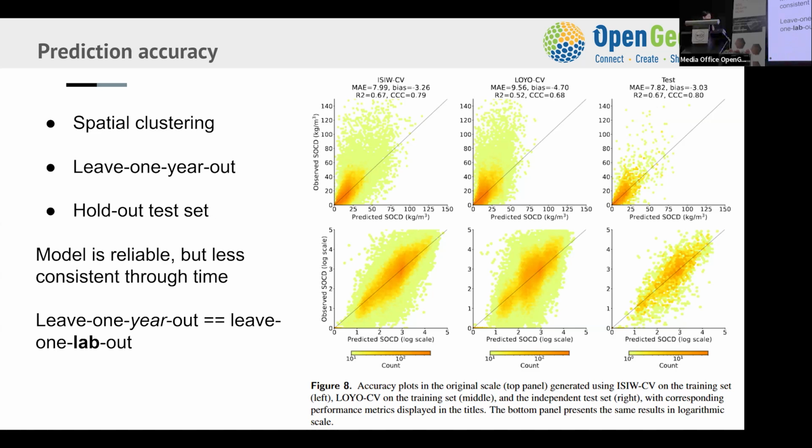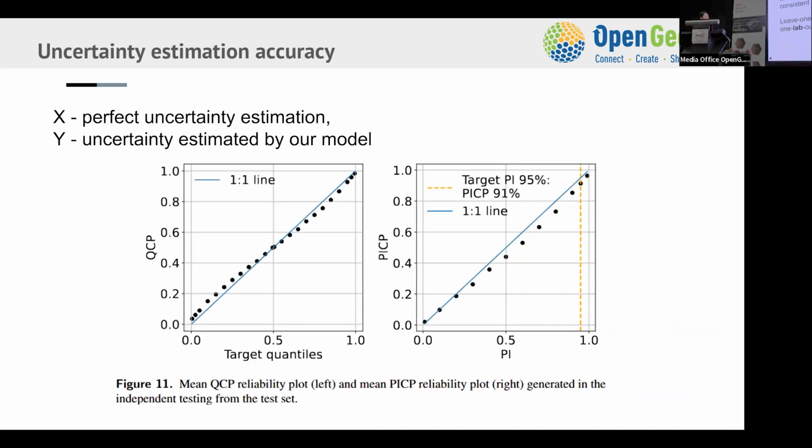And once we know that the model accuracy is okay, we also need to validate the model's performance on uncertainty estimation. I won't go into technical details here, but basically on the x-axis is the perfect uncertainty estimation, that's what we would like to achieve, and on the y-axis is what we achieve with our model, and they align well. So now, after the prediction accuracy assessment and the uncertainty accuracy assessment, we know that our model is kind of reliable. We scale it up to make predictions